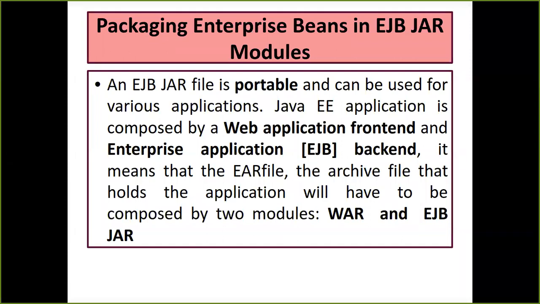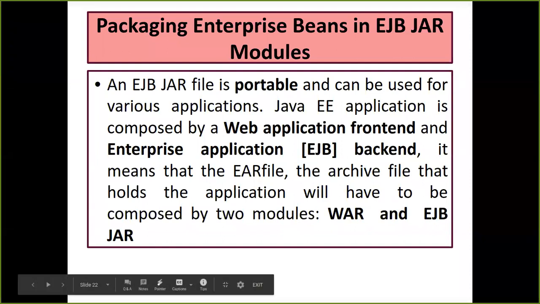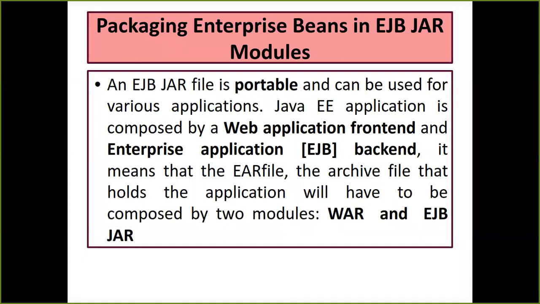So JAR files are required if we want to make the container work the way we want. For example, if I want to build the connectivity between an application and the database, I need a JAR file. That JAR file is available externally; it is not there in the development kit, so we can download it externally, add it to the existing JAR files in the development kit of Java, and implement it easily for the database connectivity. Similarly, for an enterprise bean to work with the EJB container, we can make use of the EJB JAR files, which allow me to work the way I want with the EJB.